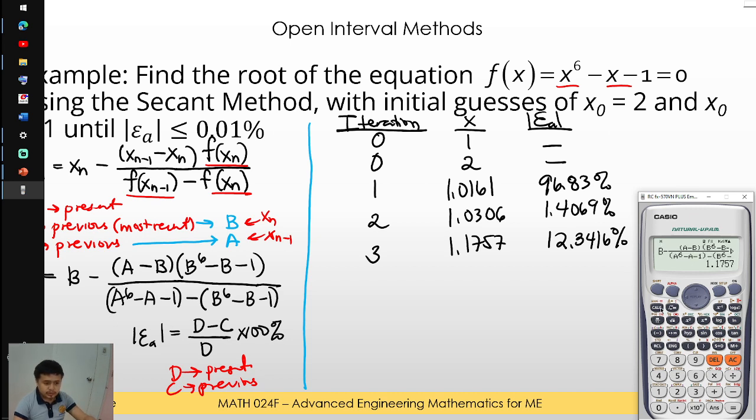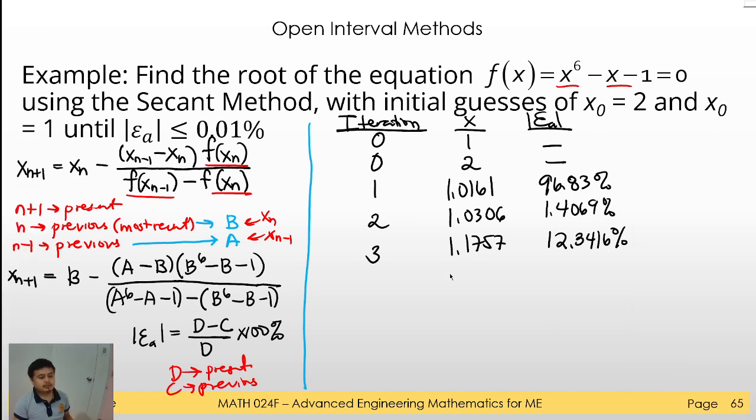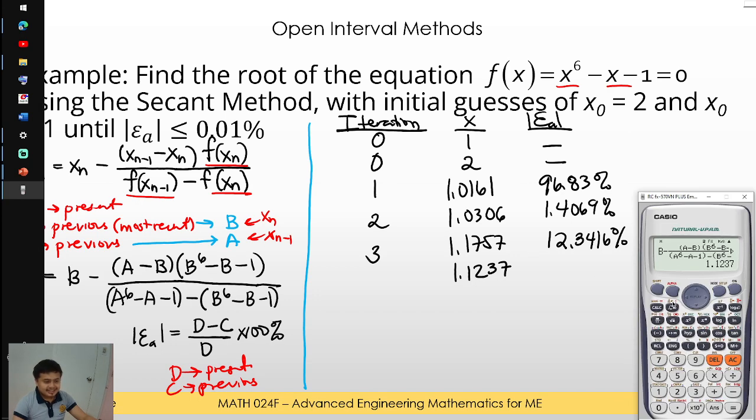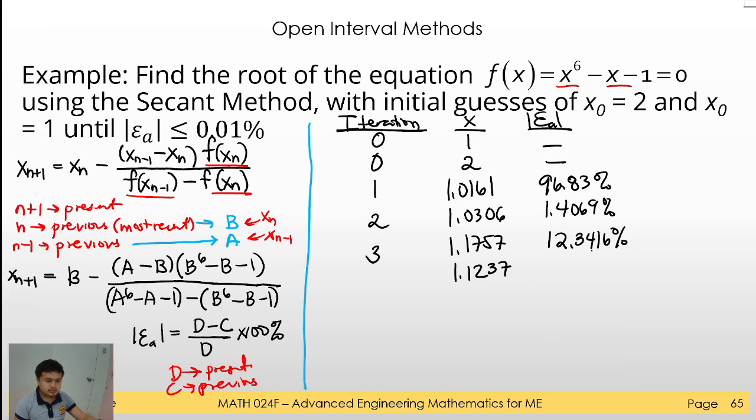Okay, let's continue. So calc 1.1757 and then 1.0306, 1.1237. Sorry, I keep touching my nose. Okay, what's the next one? We want to find the relative approximate error. So calc 1.1237, 1.1757. So 4.6276%. Okay, so that's the fourth iteration, and then for the fifth,